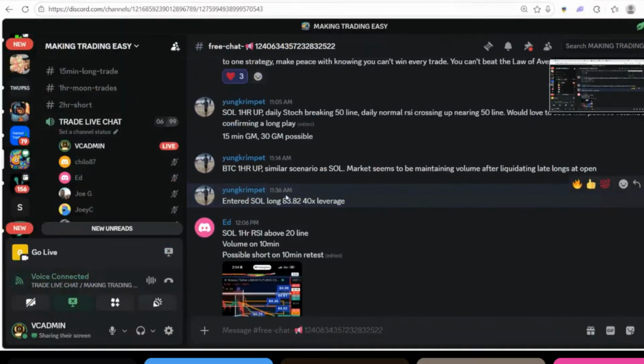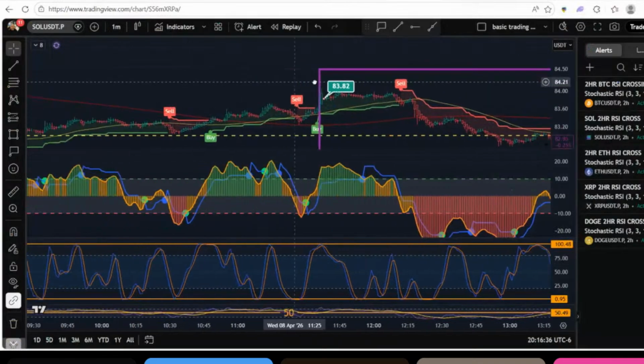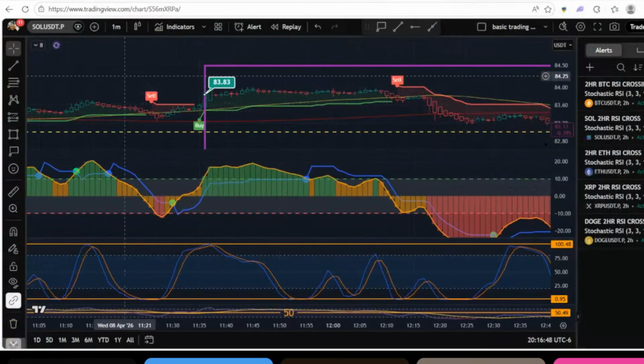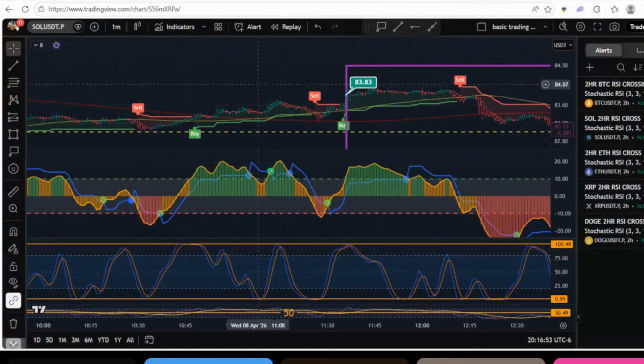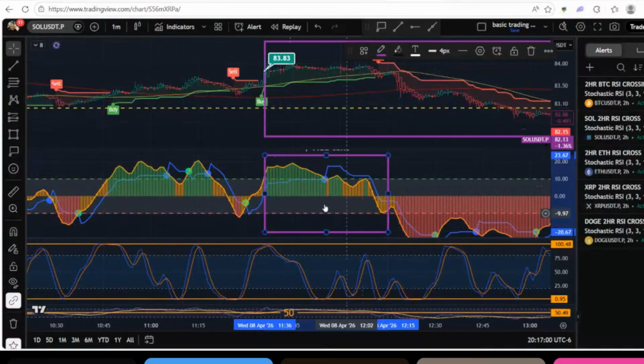So 11:36 a.m., 83.82. That would be on this right here, so the 11:36 would be right there. So that means he's getting in here at 86 or 82. So that's where he entered this trade, right? So now we have that all set up here. We can review this. Now, it doesn't make a move here, but what I want to do is take this simple box and drop it down to all my other levels so I can take a quick look.